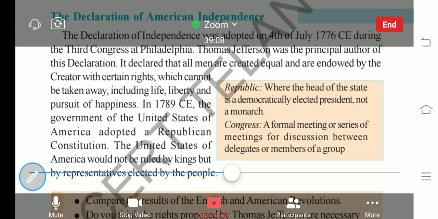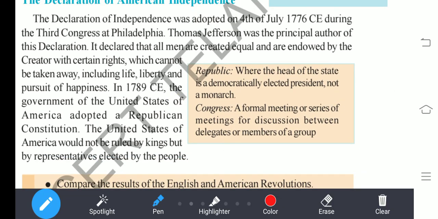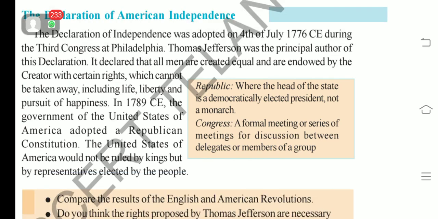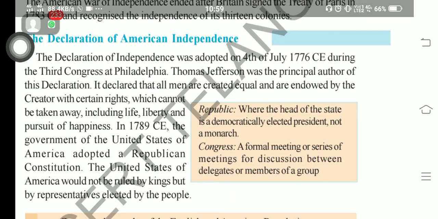Look here. What is a republic? A republic is where the head of the state is elected democratically. In India, the president is elected democratically. In America also, the president is elected. Then what is Congress? A formal meeting or a series of meetings for discussion between delegates. That is called a meeting, a conference. We can say that it is a conference. Congress is not a party here. Understand? This is what I want to say in this class. The remaining part will